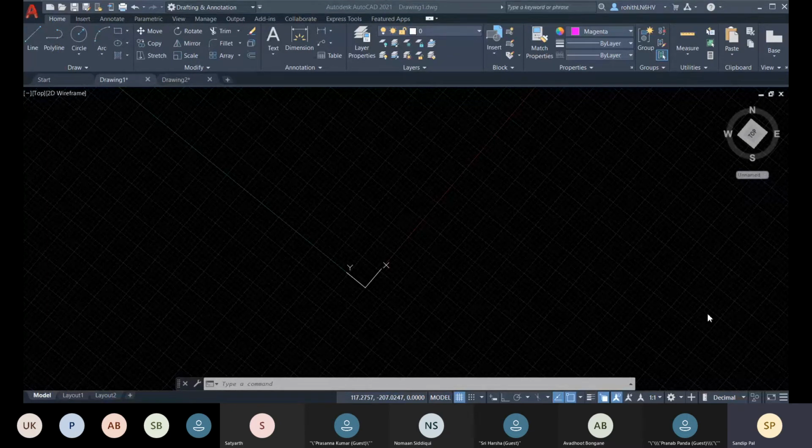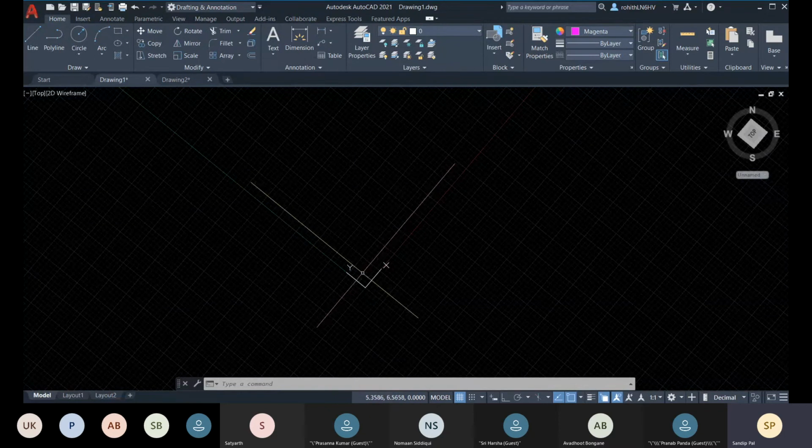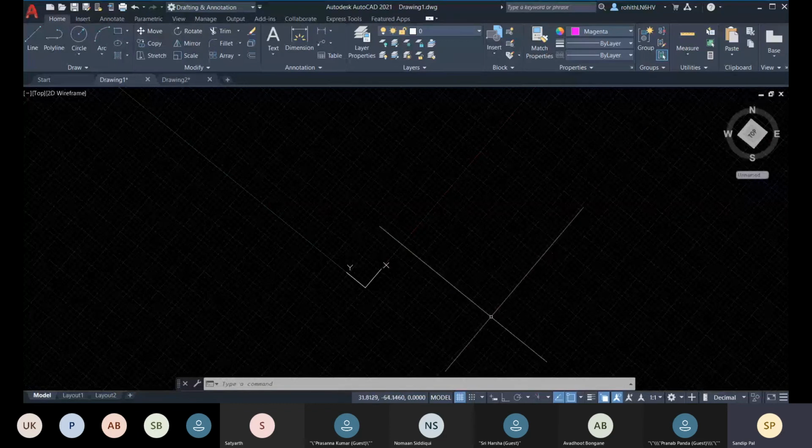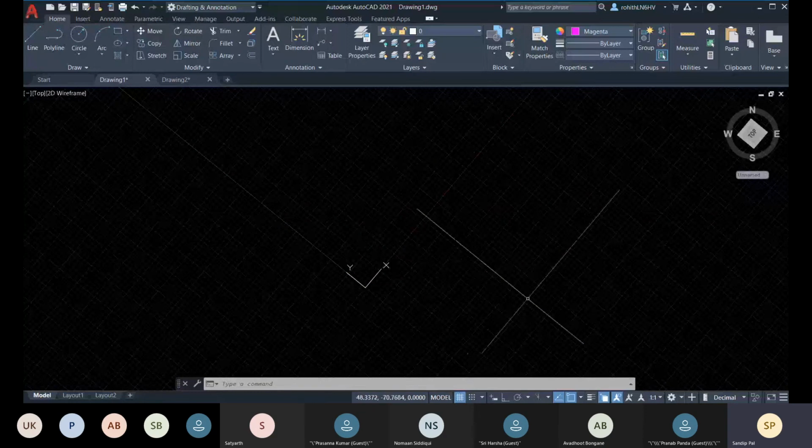So in the next class we will be learning about Cartesian coordinates and polar coordinates, and we'll be applying them in two different systems, UCS and WCS. All the coordinate values I'll be applying on UCS and WCS both.